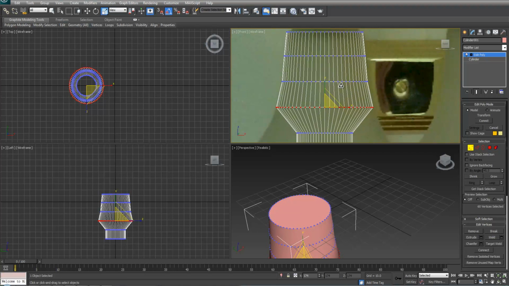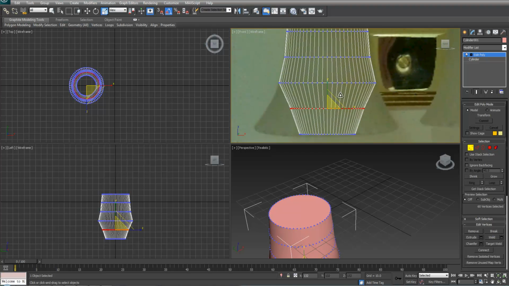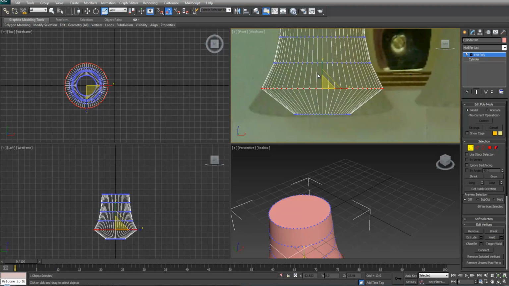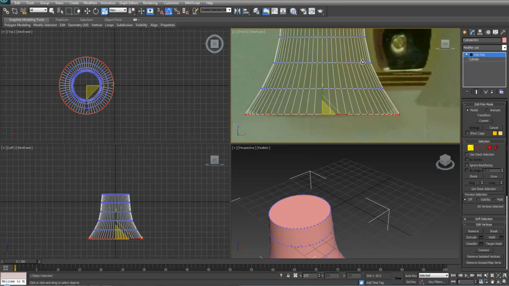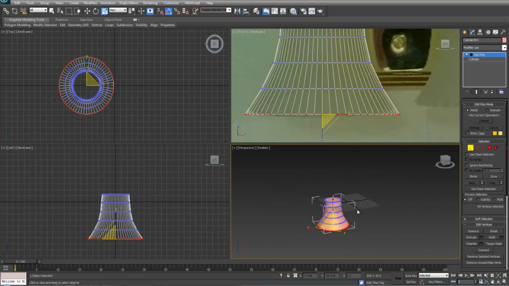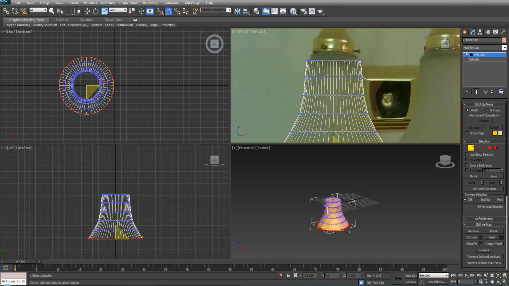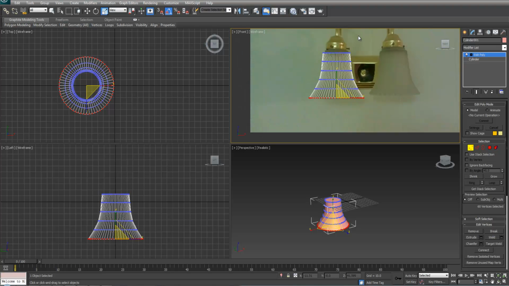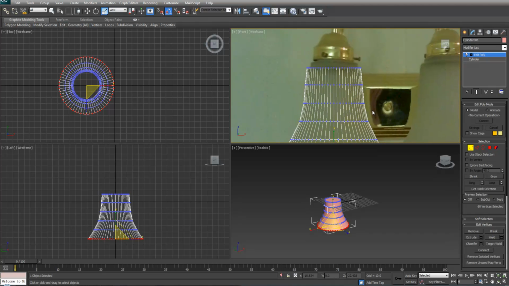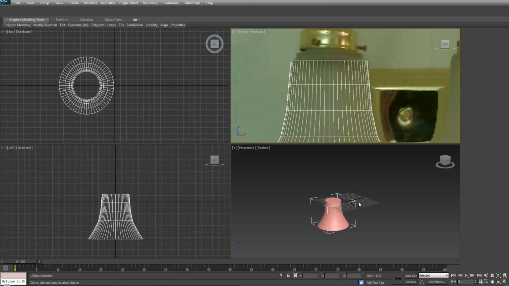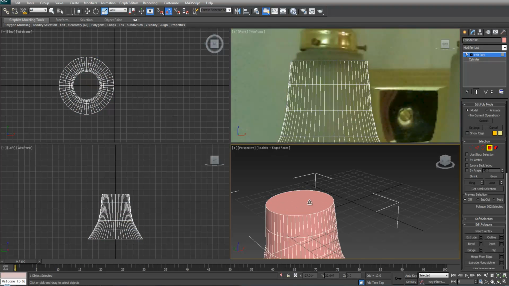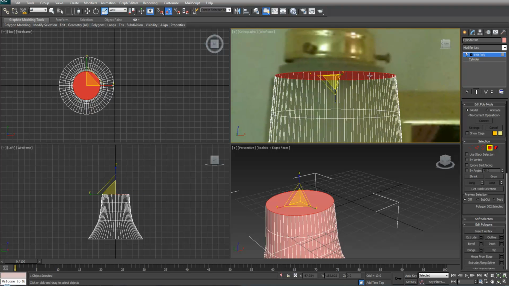And you're going to want to choose one side or the other to follow, as I don't think they'll both work, but you never know. Perfect. So we've got that. Next, we're going to want to work on the top. So go into the polygon mode here. Select the top, and